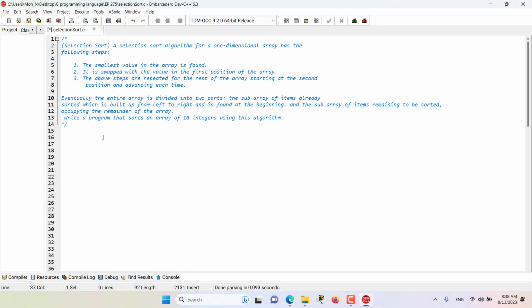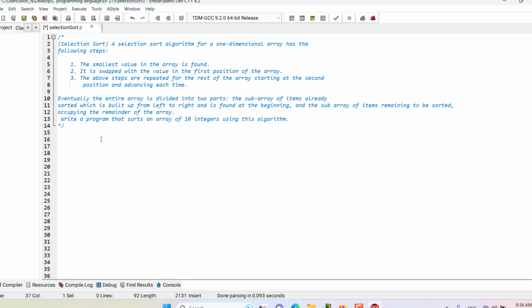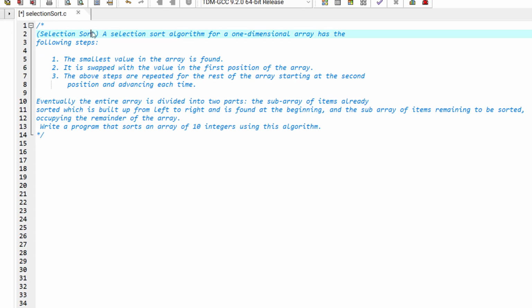Hello and welcome to this episode. In this episode we have an exercise for you, that is to create a selection sort algorithm. A selection sort algorithm for a one-dimensional array has the following steps. First, the smallest value in the array is found. Secondly, it's swapped with the value in the first position of the array. And thirdly, the above steps are repeated for the rest of the array, starting at the second position and advancing